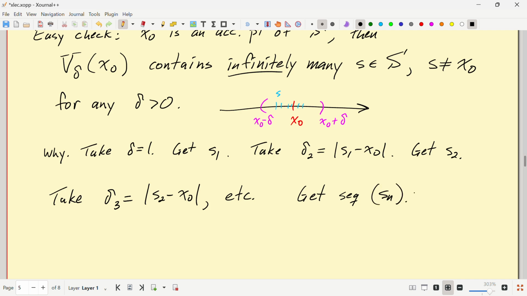They're all different, I would take an s1 unequal to x naught, and I'd get an s2 unequal to x naught, etc. And I'd end up with infinitely many s's that way. So they pile up there in the sense that